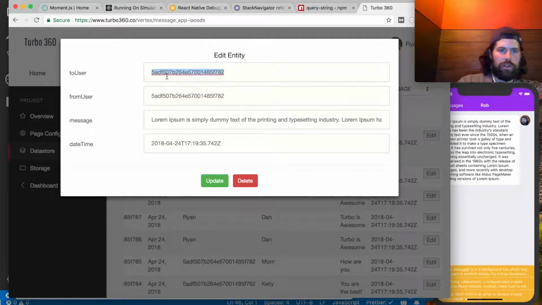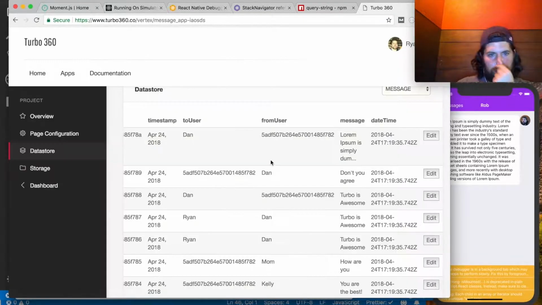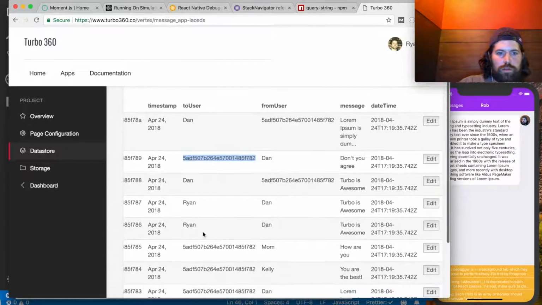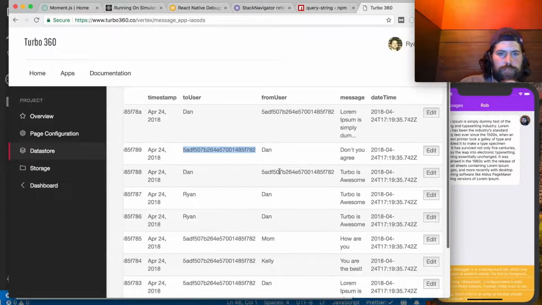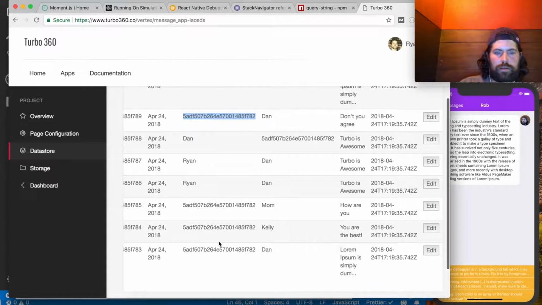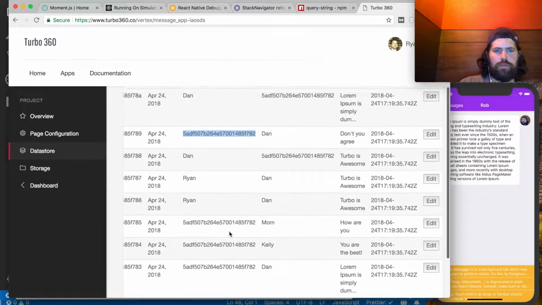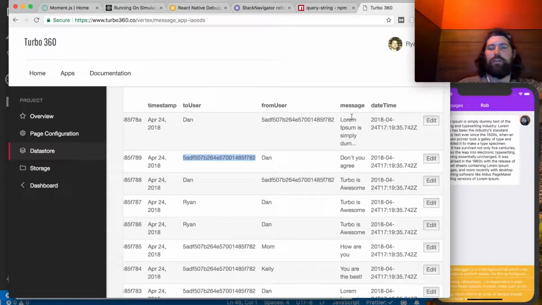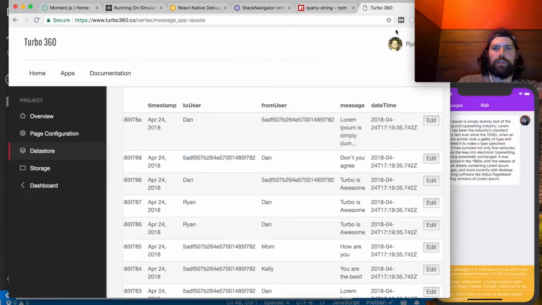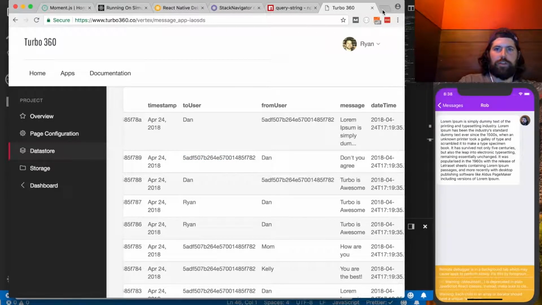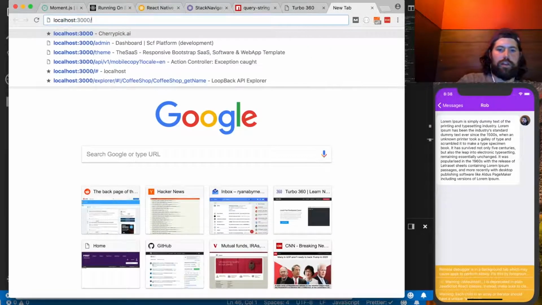To user, from, wait, I want to do from user, yeah, okay, to Dan, update. All right, so I have two from me, and the point is I should have enough for both cases. Now, let's go to localhost. Now, we're not even giving any params, so this shouldn't really render anything. So let's just see,